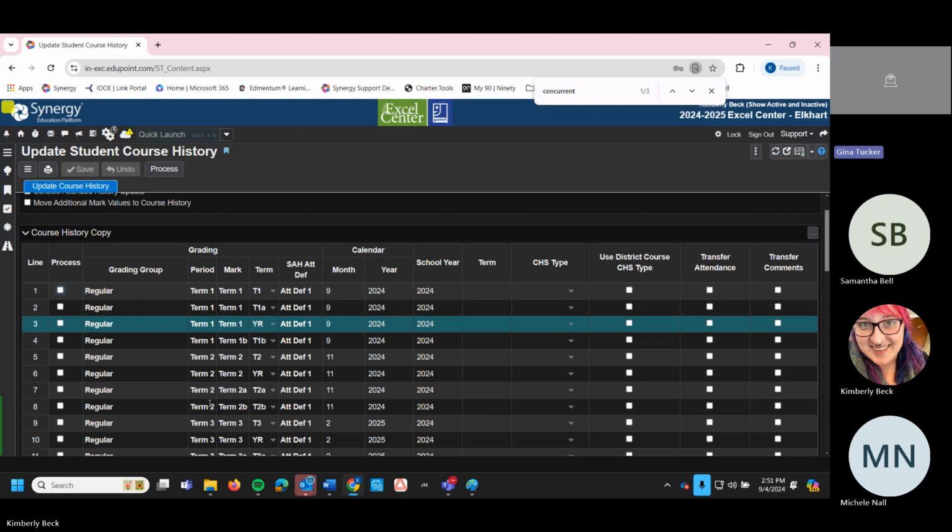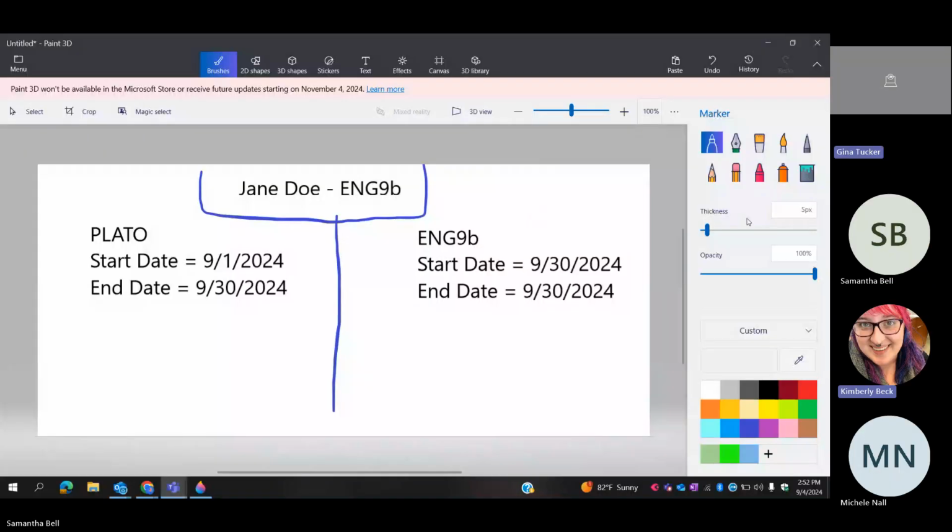Okay, so I have a question just to make sure that I understand, which I may not. Right now, I know that we make separate sections, one for grading, one for attendance. So are you saying that we put them in the attendance only section, and then we switch them over to the graded section after they complete their courseware? Well, kind of. If that's the only class they're taking,